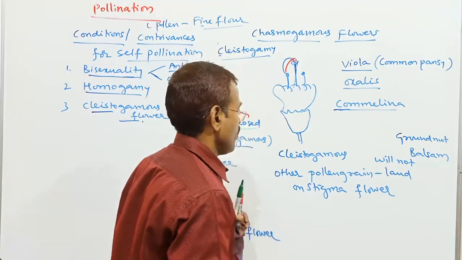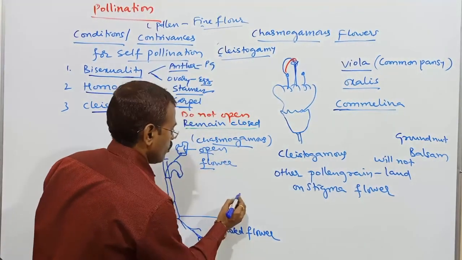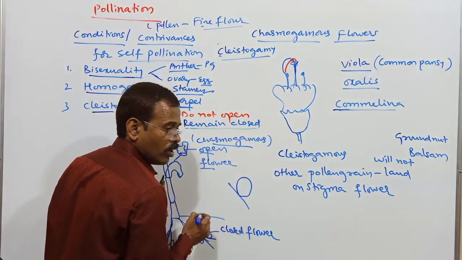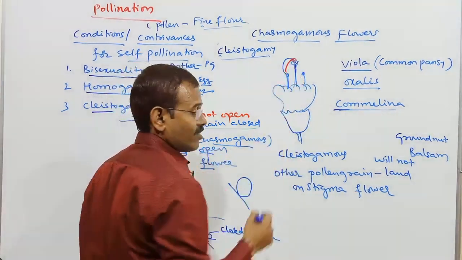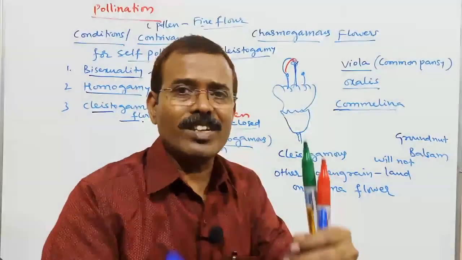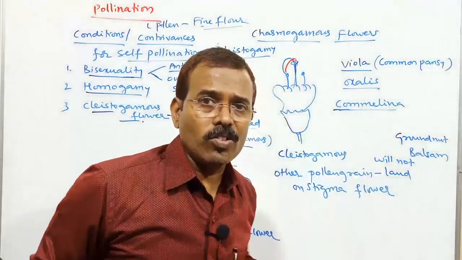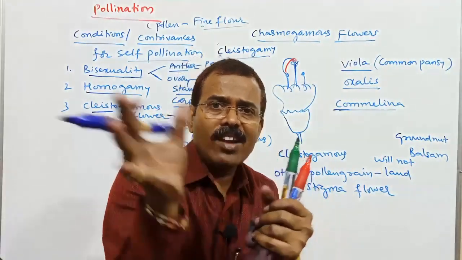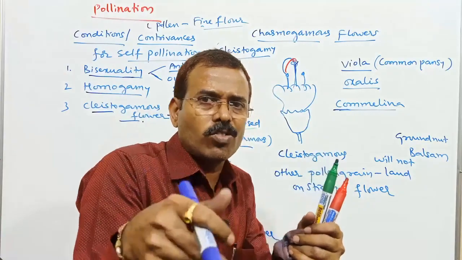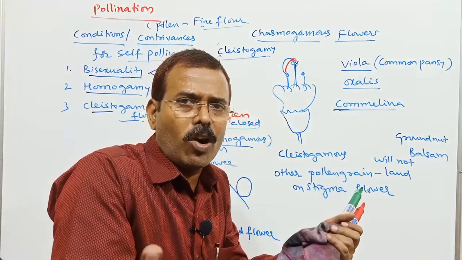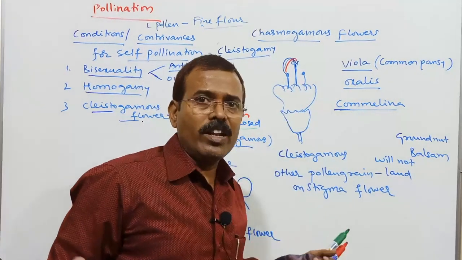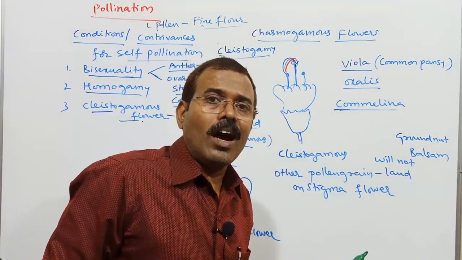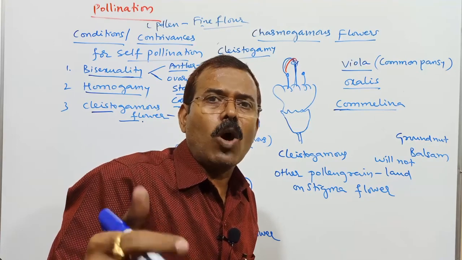Okay. So what happens in a closed flower? If this is the closed flower like this, inside that closed flower, the anther and stigma remain very close to each other. When they remain very close to each other, what happens? Dehiscence of the anther, that bursting force, releases these pollen grains in large numbers, and then the pollen grains can reach the stigma within that closed flower. So that is how it results in self-pollination.